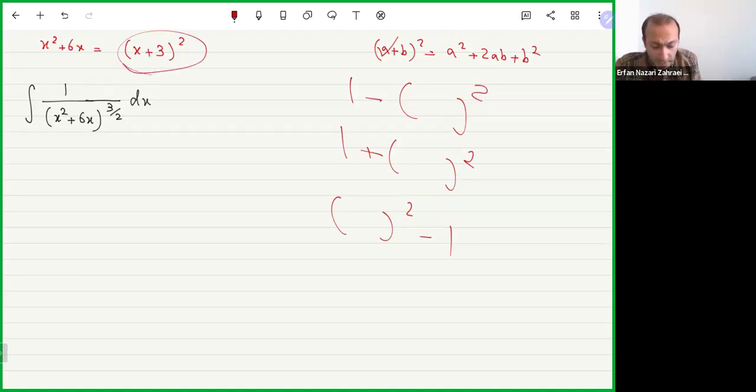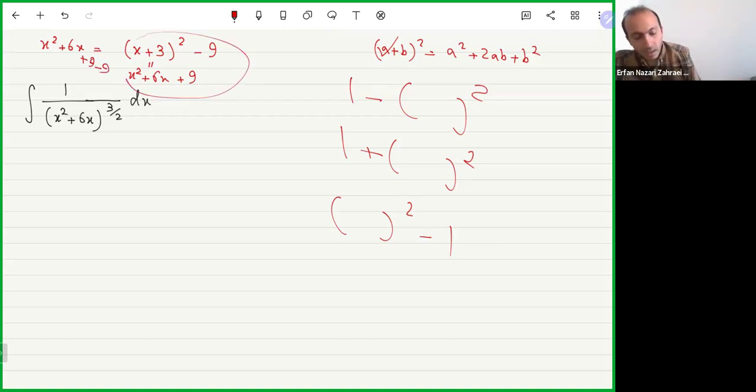Good. I created the squared terms that I want. Now it remains to find the rest of the constant. These are, of course, not equal. What is this? This is x squared plus 6x. I just matched the first two terms out of them. But plus second term squared, 9 as well. But I don't have any 9 there, so I need to subtract 9 to cancel these two 9s to get the same thing. Or if you like, here I add 9 minus 9, and then I have that.